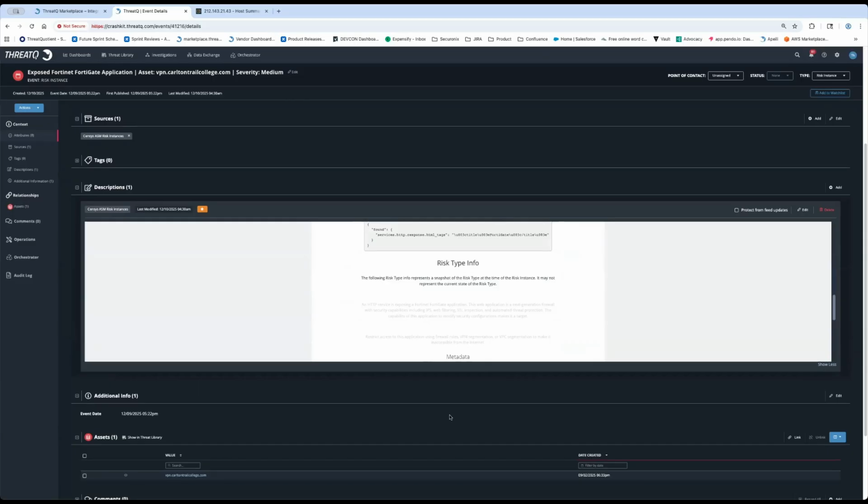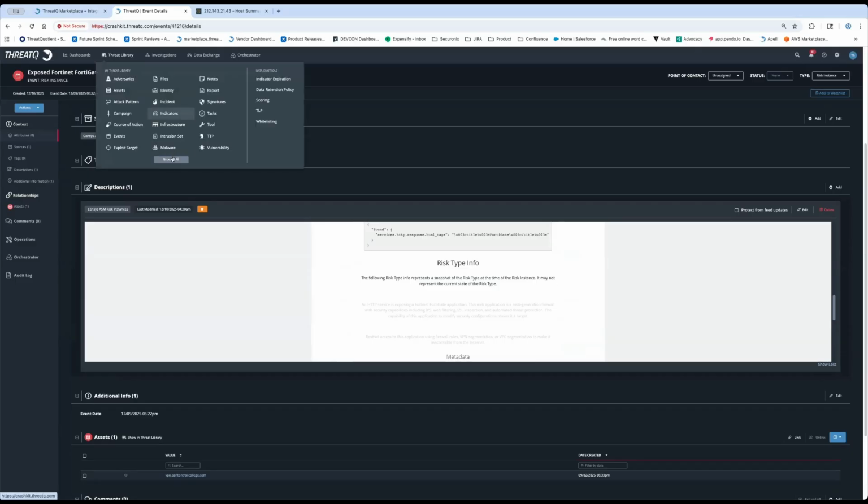So this is a good way for our customers to be able to ingest that data from the Attack Surface Management module and be able to correlate that with additional threat intelligence products that they use today in their environment. If we go back to our threat library,